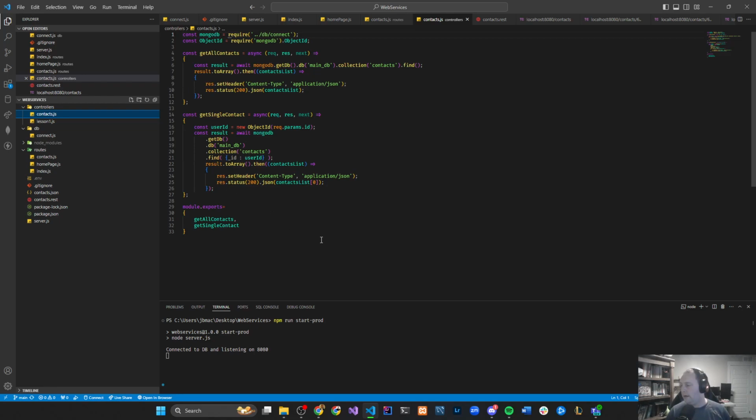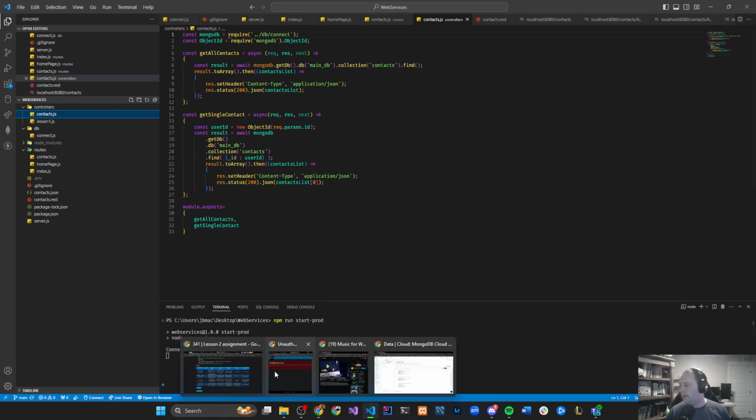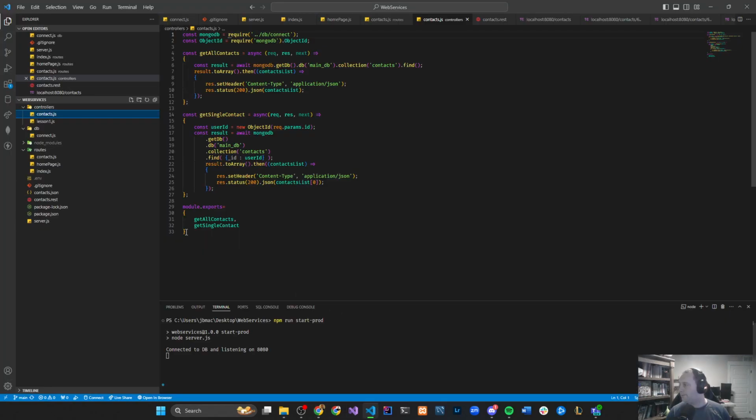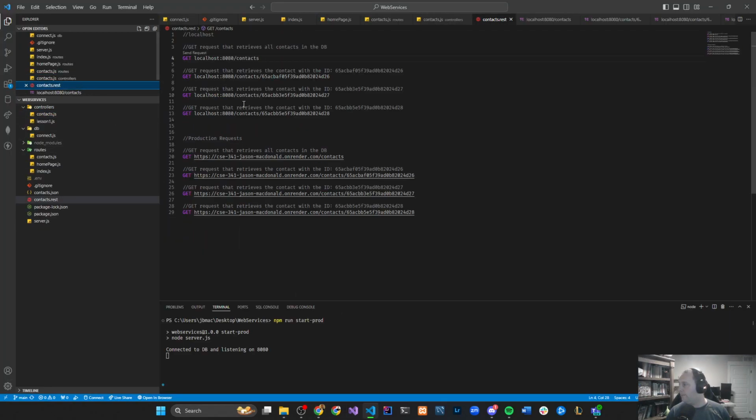So if we head on over to MongoDB right here, you can see here's the three documents within our collection, just in a DB called MainDB, and the collection's called Contacts. And then if we go back to our REST file here, we actually can go ahead and run this on Contacts, and you'll see that as it's loading,